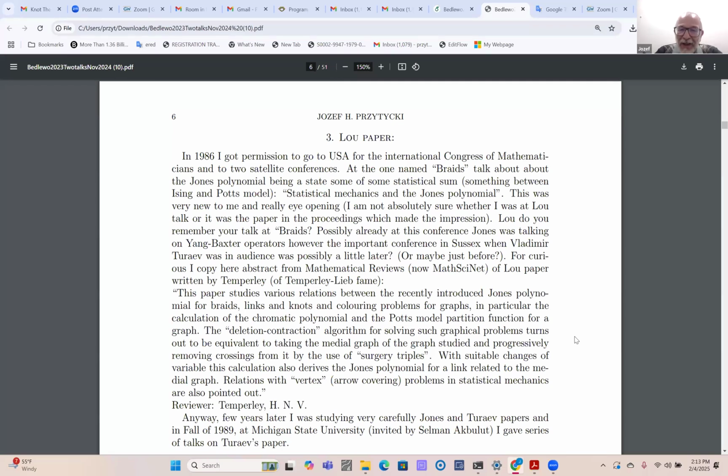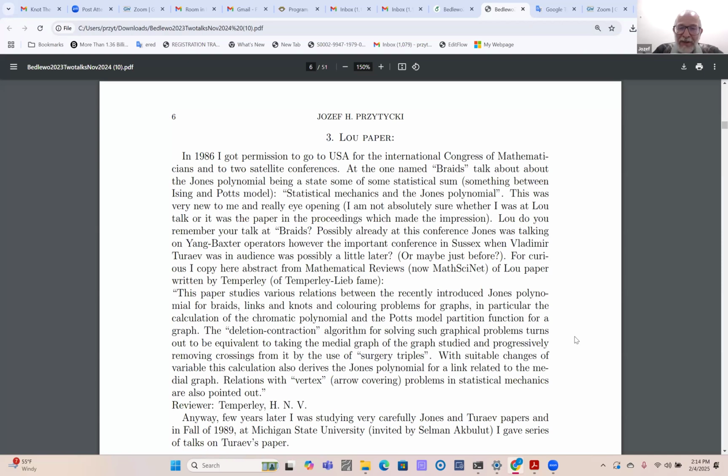But I am not absolutely sure whether I was at Lou's talk, whether Lou really gave this talk at the conference, because I only remember reading this paper in the proceedings called Braids Conference. I think it was organized by Joan Birman and Vaughan Jones, and there was some biological part, Cosarelli. Anyway,